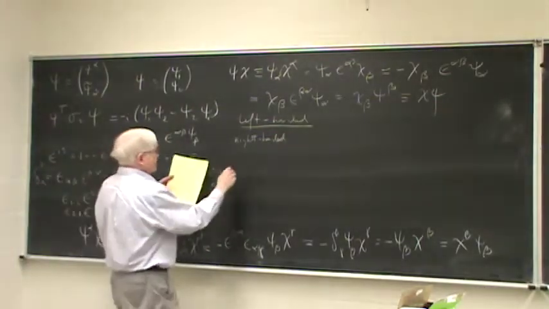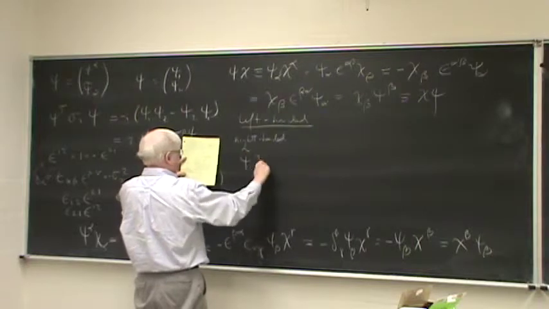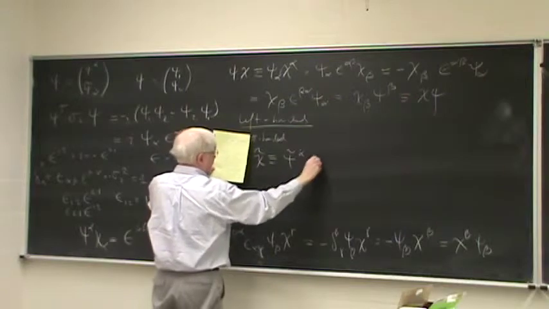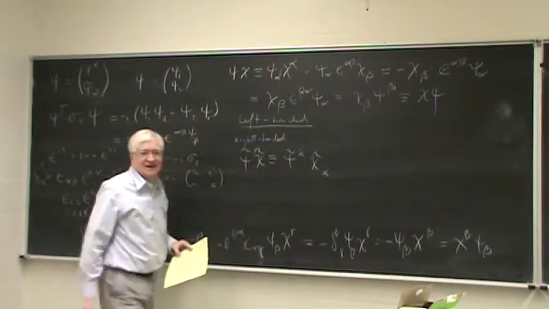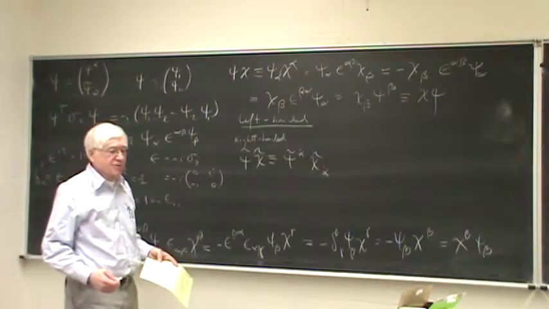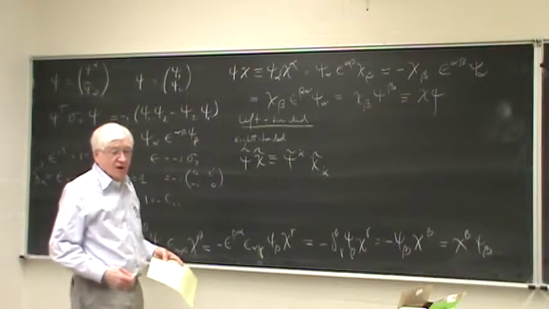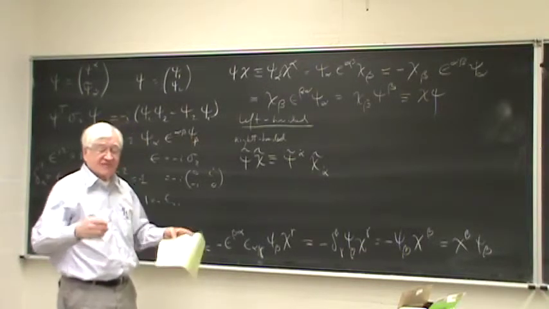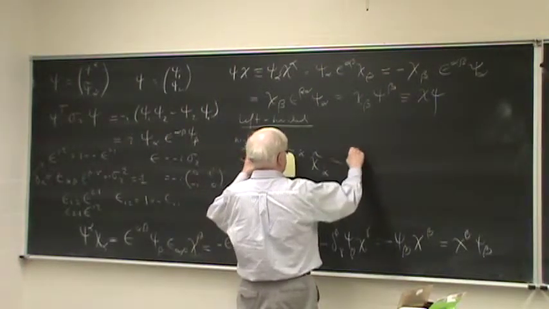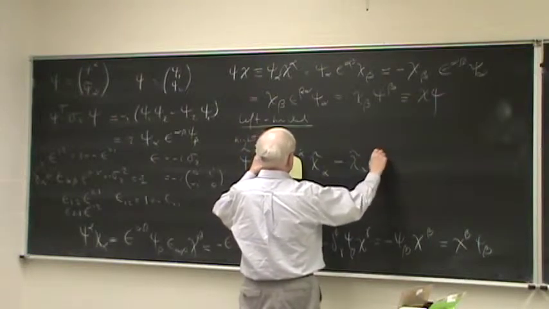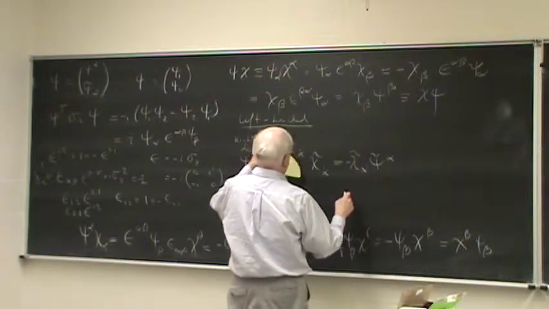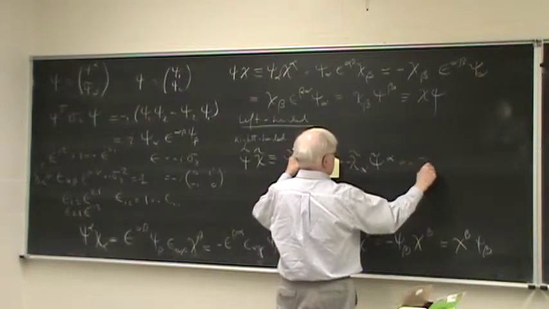For right-handed, what we do is we use this twiddle, and we say that this is by definition alpha dot. So alpha dot again just goes from 1 to 2, but it's something that moves under the 0, 1/2 rather than the 1/2, 0 transformation. Since they anti-commute, this is chi tilde alpha dot psi tilde alpha dot with a minus sign, sorry, and that's minus chi